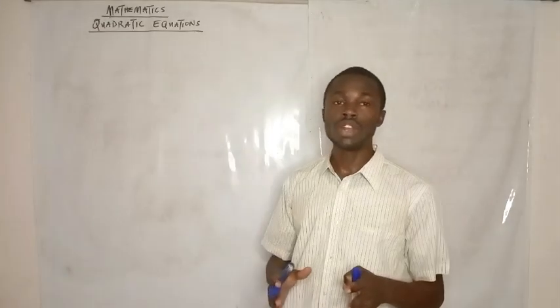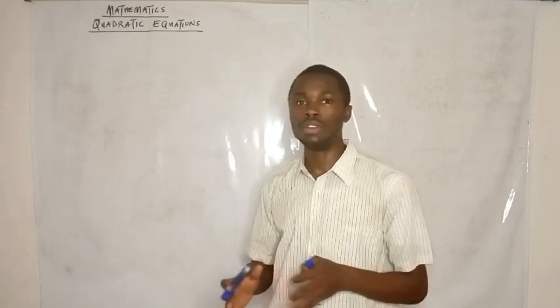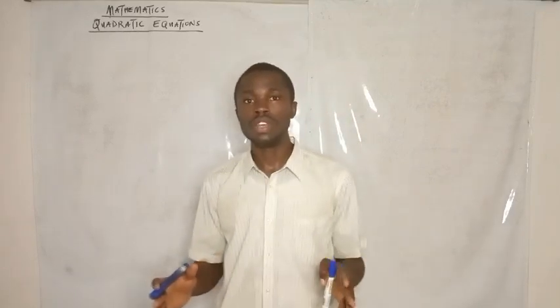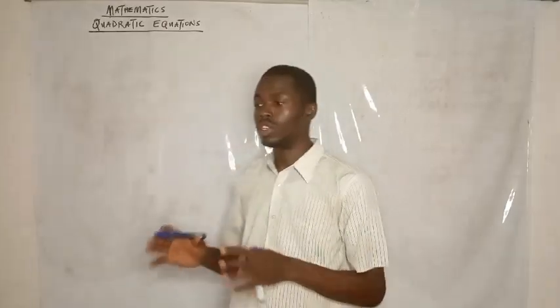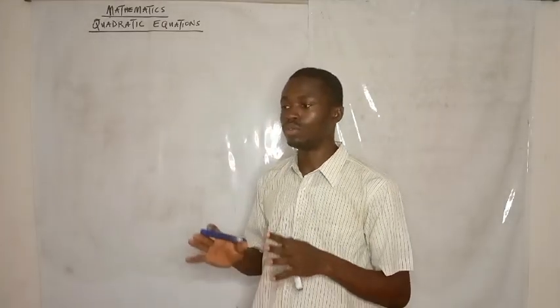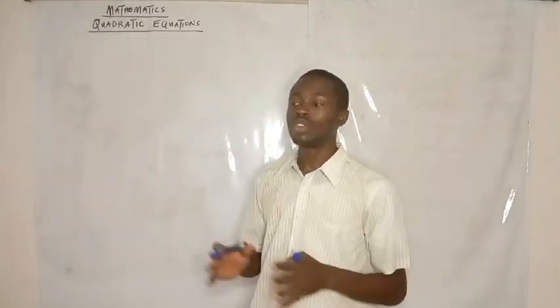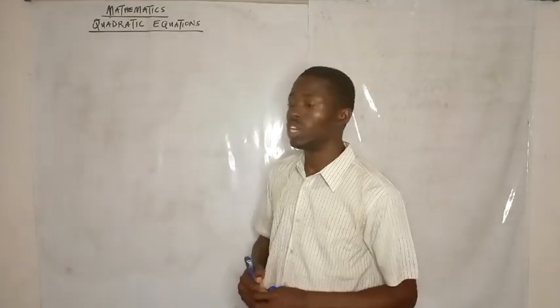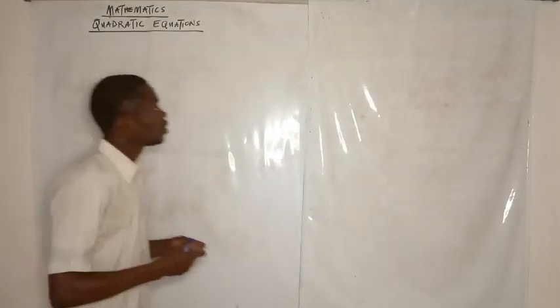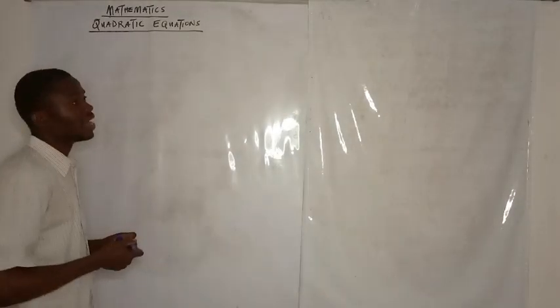A lot of scholars call it the almighty formula, but it's not the almighty formula. It's called the formula method for solving quadratic equations. So in this video also, I'm going to prove that formula from the completing the square method. So join me. The first thing you should know is that a quadratic equation is an equation that is in